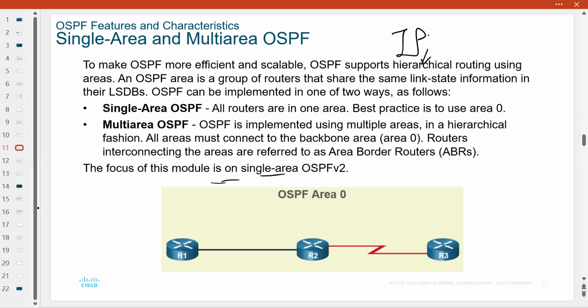All right. All areas must connect to the backbone, area 0. All routers are in one area. Best practice is to use area 0. Right, with single area OSPF. When we talk of the area, permanent configurations, there is a description yekuti router riri area ipi. So when we are talking of single area OSPF, every router, this is the best practice. You use area 0, right? Area 0 forms the backbone